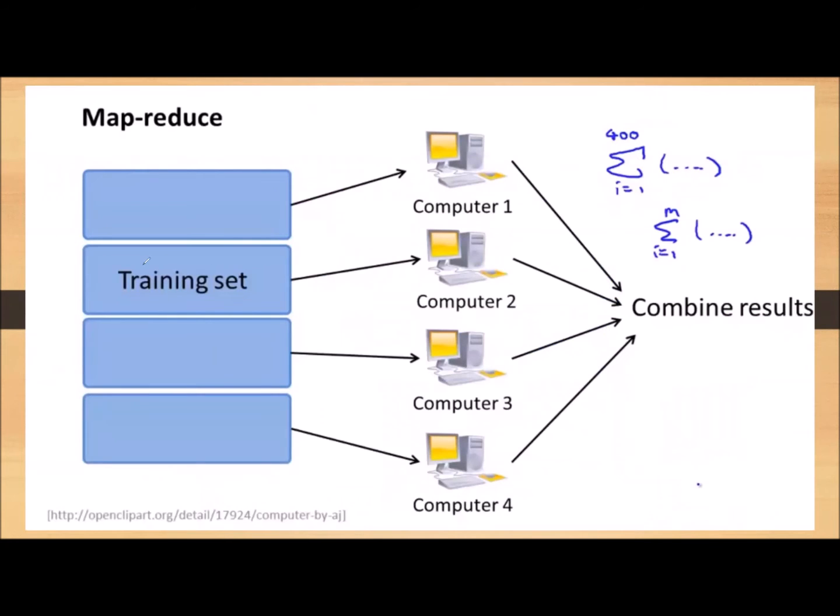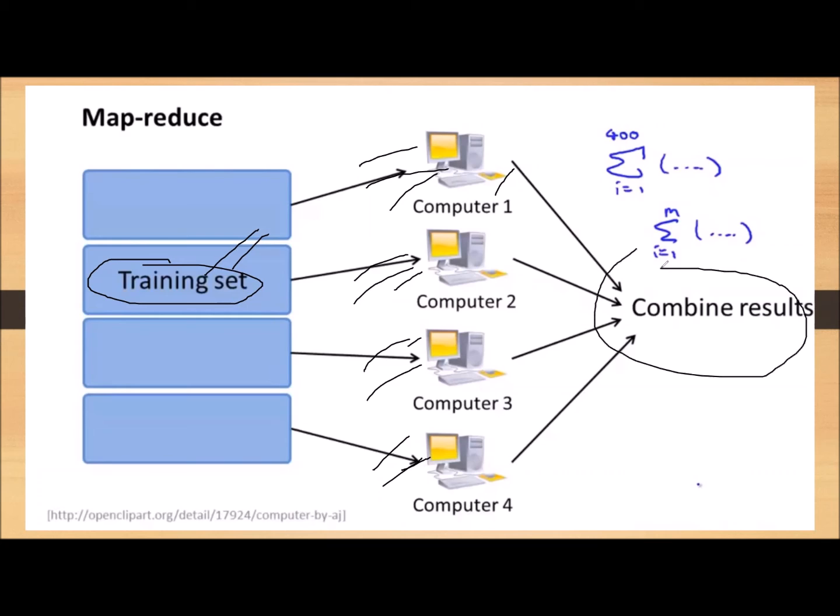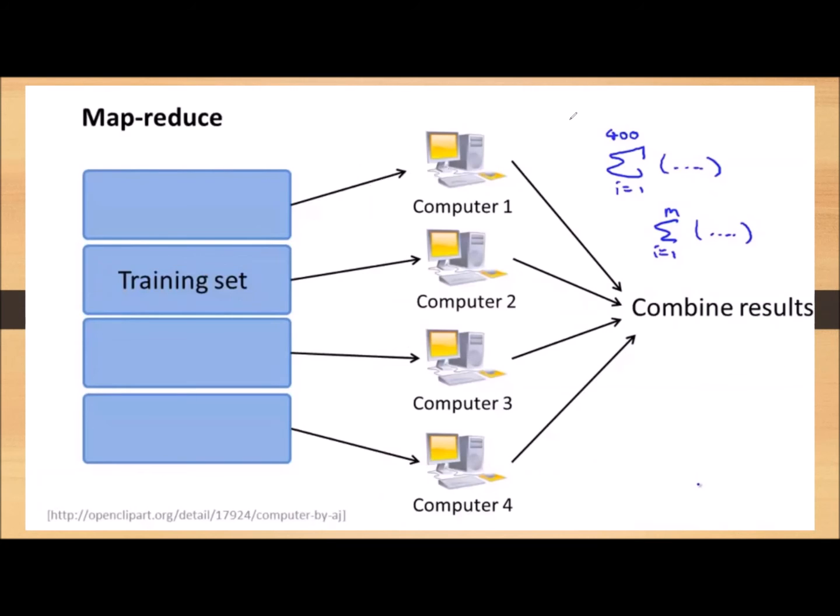This diagram describes the point we have made until now. We have our training set. Now we are giving the training set to all these 4 computers. A quarter of the samples is given to the first computer, another quarter to the second computer, another quarter to the third computer, and the remaining quarter to the fourth computer. Now these 4 computers will calculate the results. We add those 4 results, combined, in the master computer. This is how we are increasing the efficiency of batch gradient descent.